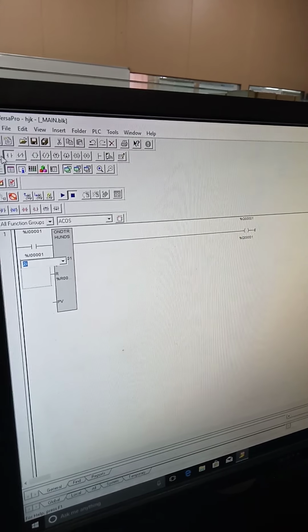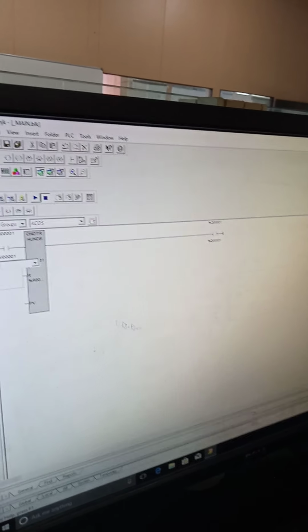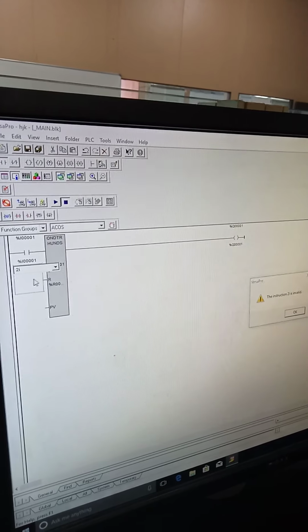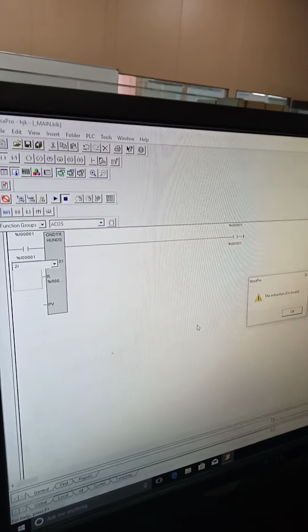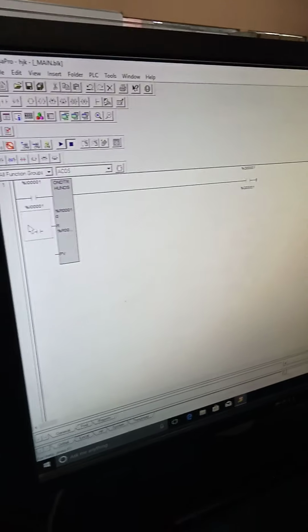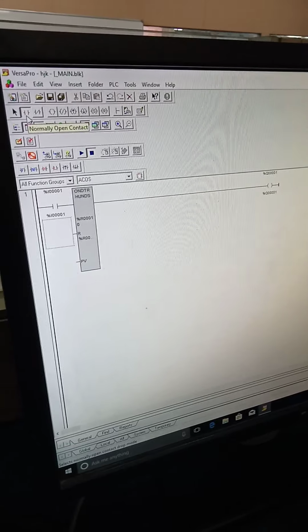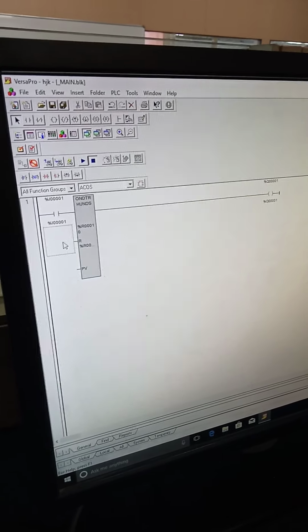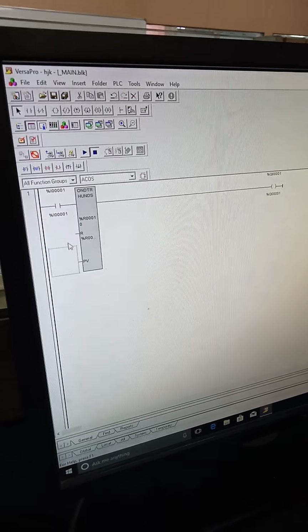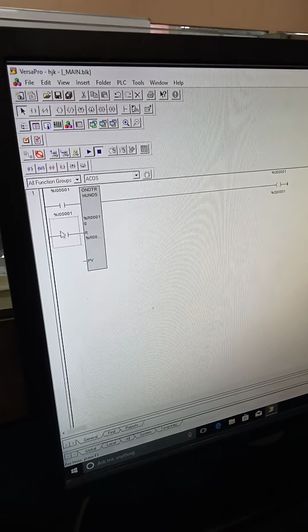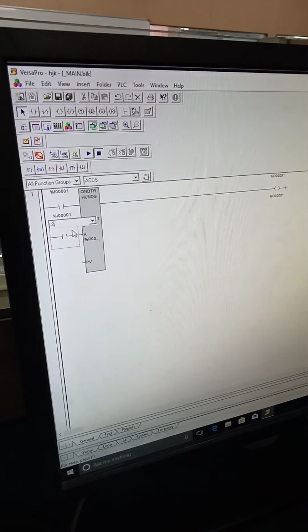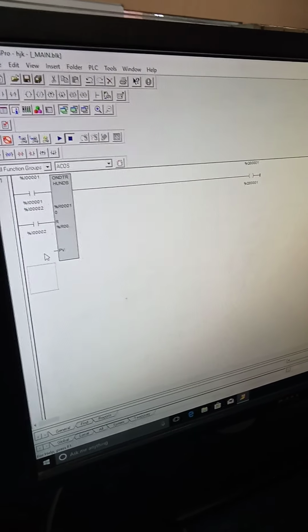Something is wrong here. Okay, go back. Okay, I have changed the address, that is the reason. Now I have to add another input switch for resetting. Okay, now I have to give 2I for resetting and preset value.